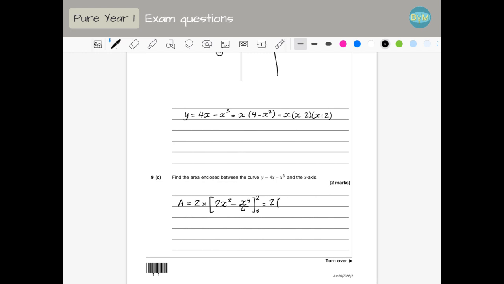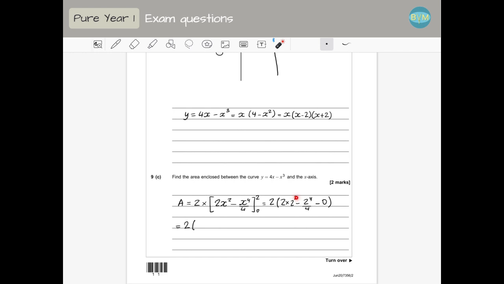So when I substitute the 2, I have 2 times 2 squared minus 2 to the power of 4 divided by 4. And then minus 0. When I substitute the 0, I get 0 and 0. So this is going to be 2. In fact, it's better if you get the habit of writing the 0, so they see that you have substituted and the answer is 0 and you haven't forgotten, just in case. So I have 2 times